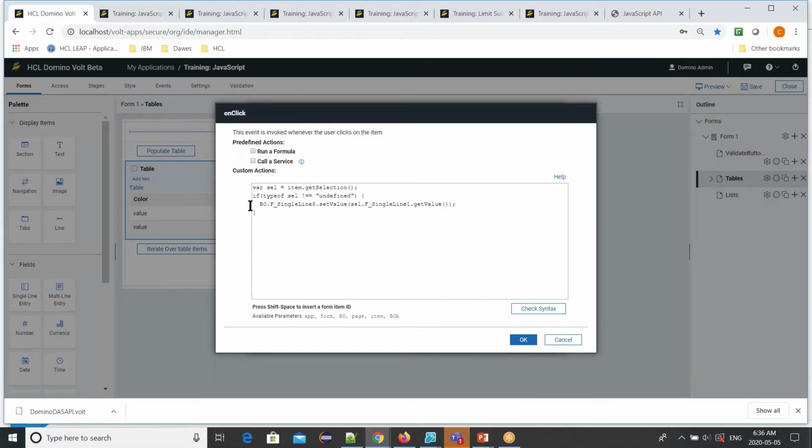So we're getting the selection, and then one thing here that's important is that you should check to make sure that selection is not defined. You can also, if you want to clear a selection, do a set selection to -1, and that will remove the selection from the table. And then